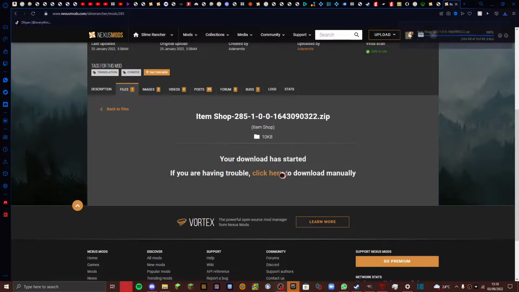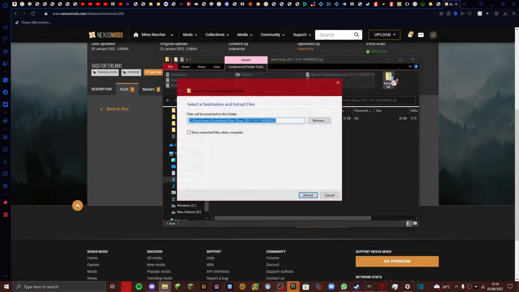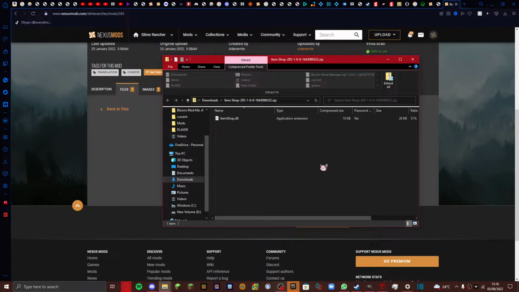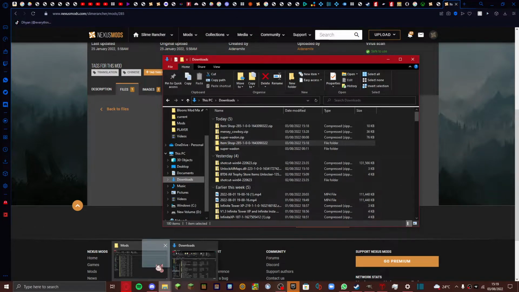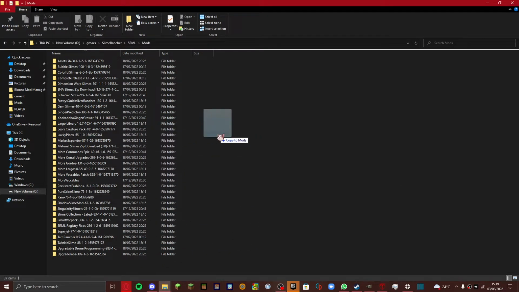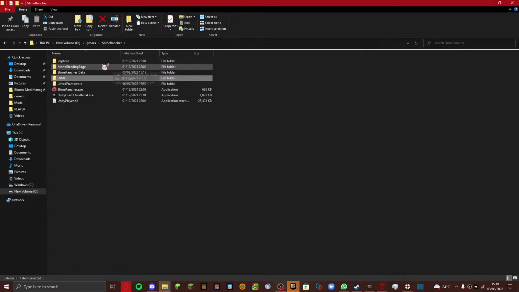Here it's been downloaded, so you'll see the DLL. Just go into the folder, extract, and then it will be here in your downloads folder, item shop. So just go there, go to your mods folder, and just copy it into your mods folder. Now it's there. Now we've got the mod,